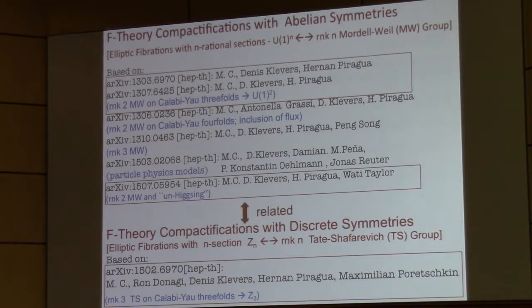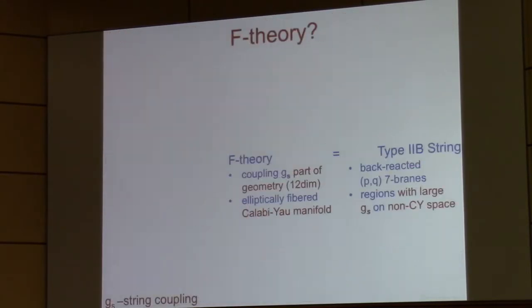Tate-Shafarevich constructions will turn out to be related through what we call conifold transitions that I'm also hopefully able to highlight to you. And as motivation for particle physics, I'm also going to highlight the example of three-family models that contain U1 gauge symmetry, and that was actually more recent work together with a number of students at Bonn University. Okay, so with this introduction, let's go ahead and try to motivate F-theory per se, which